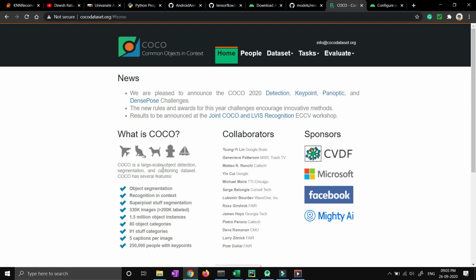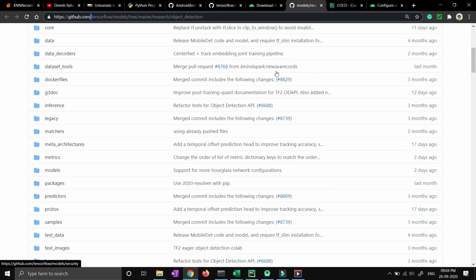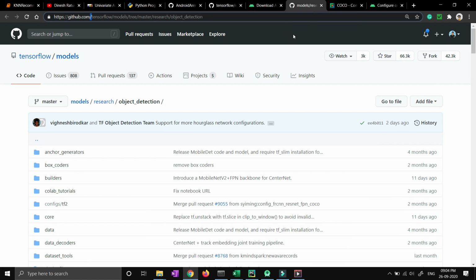So it is very fun to develop this particular application, right? This is the data set in which this particular training is already done. Now you have to go to this particular GitHub account. I'll paste the link in the description box. You will be able to see that it is an official TensorFlow GitHub account where they have put this particular object detection code, right? I'll paste the link in the description box and you will be able to get that. And we will build this particular code right now.